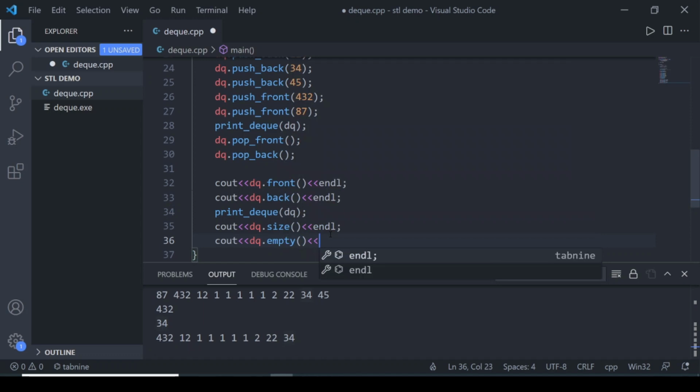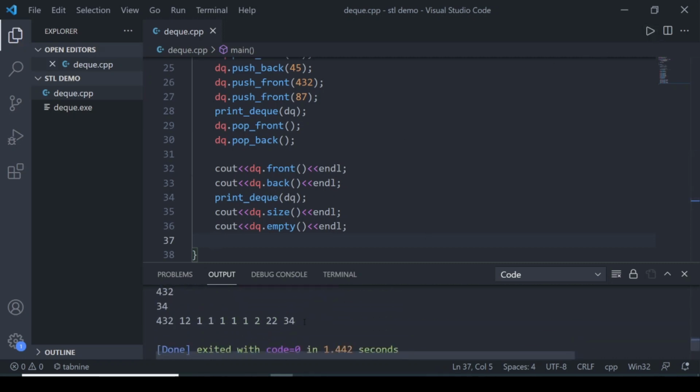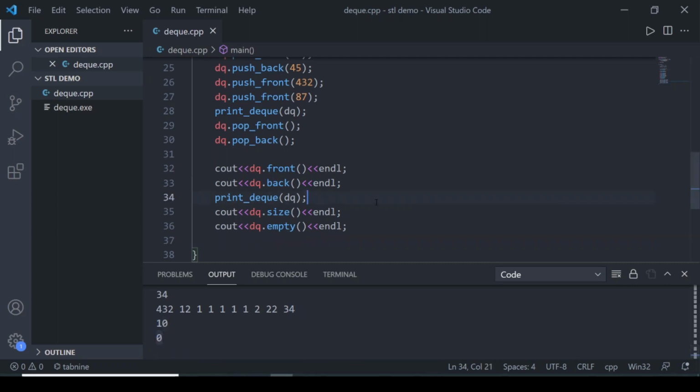So let's check these things. Okay, so there are 10 elements in the dq. Let's count that: 1, 2, 3, 4, 5, 6, 7, 8, 9, 10. So 10 is the size and 0 means that the dq is not empty.